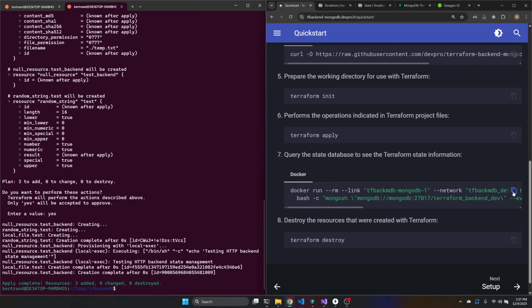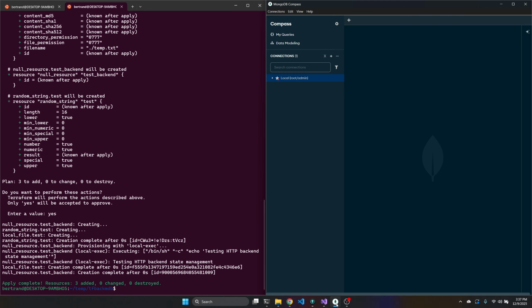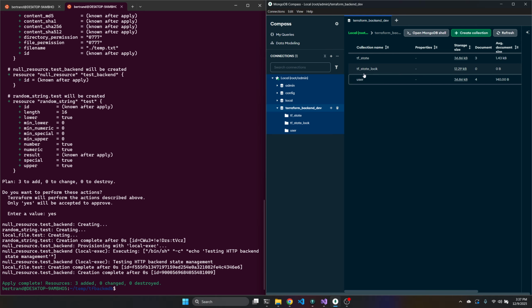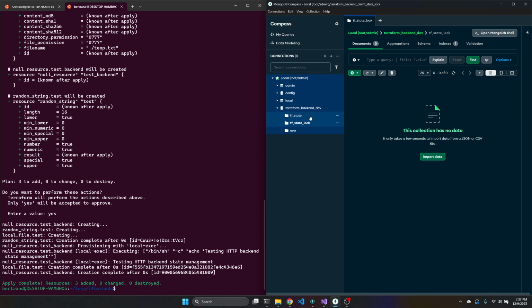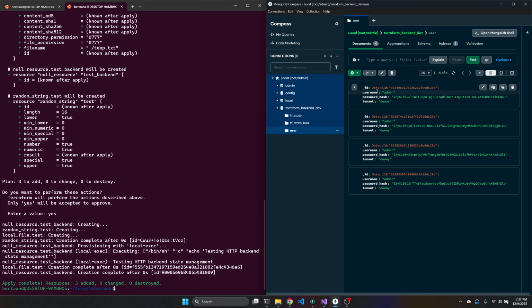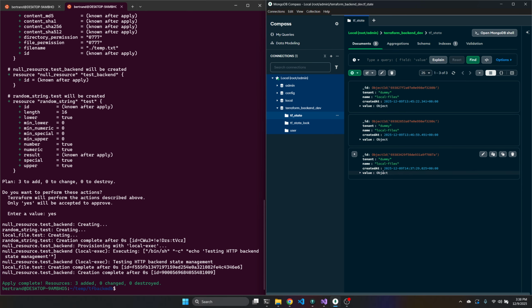But then what is very interesting is to look at what's happening in the database. There is a command line here, but it's even better to use the MongoDB client Compass. If I connect correctly, we can see that there is a database, and we can see the log, no log currently. We can see the users. I did a lot of tests, so I should remove them. And then we can see this is the one I just did. You can see the timestamp.